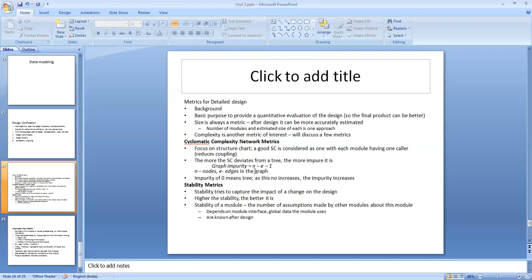To construct a control flow graph of a program module, break the module into blocks delimited by statements that affect the control flow, like if structure, while structure, repeat until structure, go to structures, and so on. These blocks form the nodes of the graph. If the control from a block I can branch to a block J, then an arc is drawn from I to J in the graph.